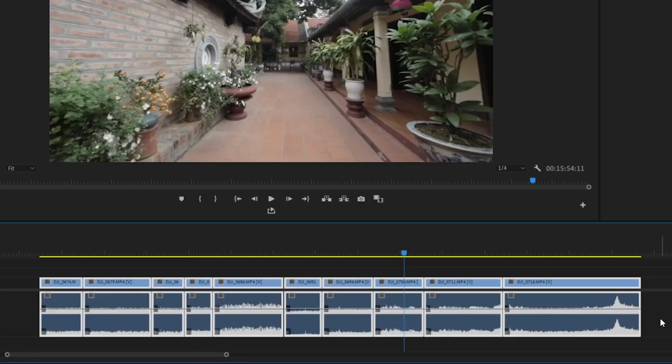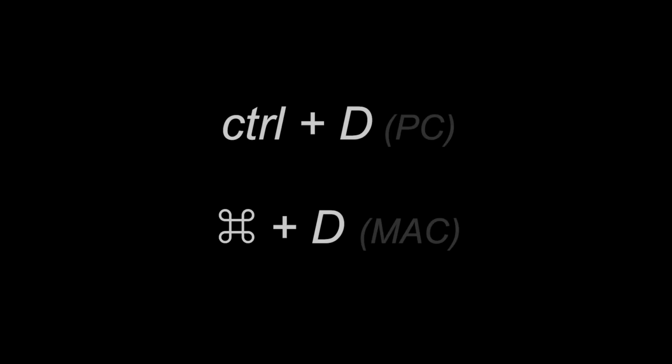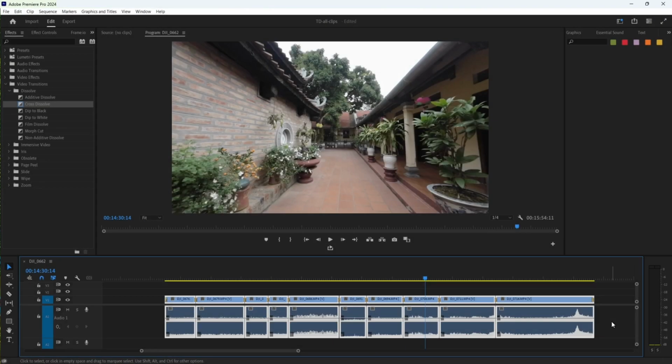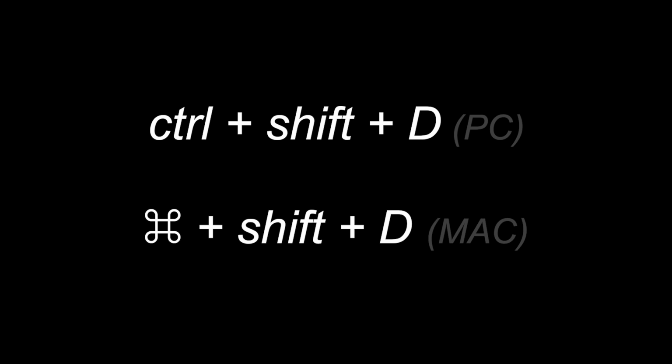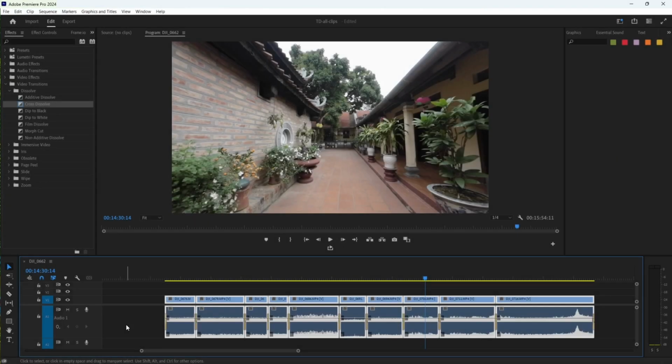So once you have all the clips selected, on your keyboard, push Ctrl D. And that will apply the default transition to all the video clips, but not the audio. If you want to apply the transitions to the audio as well, you can select all of the clips again and push Ctrl-Shift-D. And that will just do the audio transitions for every single clip that you have selected in